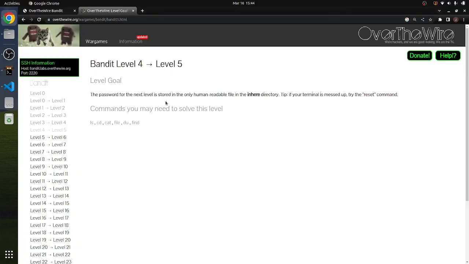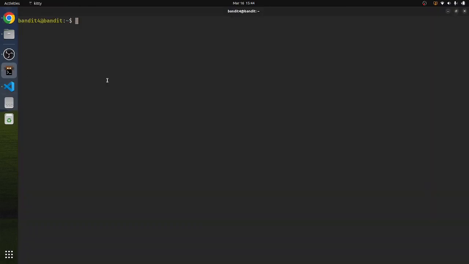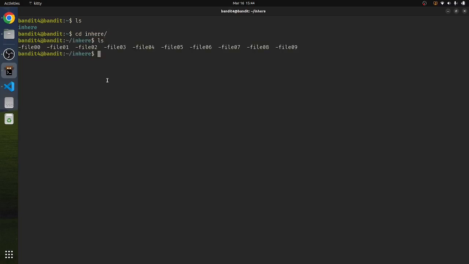All right, level 4 to 5, they say the password for the next level is stored in the only human readable file in the inhere directory. So let's go over here, change directory to inhere, and let's look at the files. They're all the same except for the last thing, and so here we can do a little fancy shell scripting. We could do for i in, you gotta do the dot slash because they have the hyphens in front,